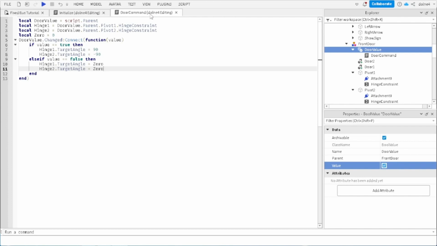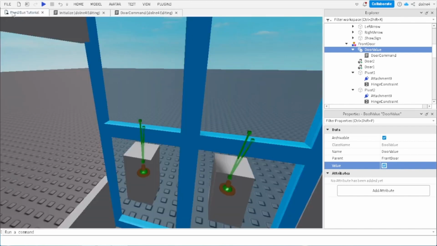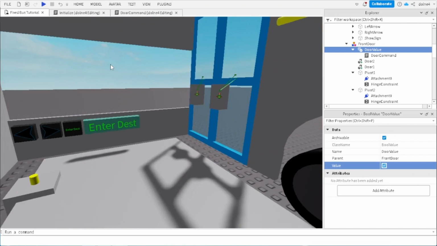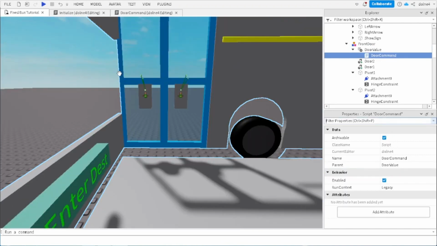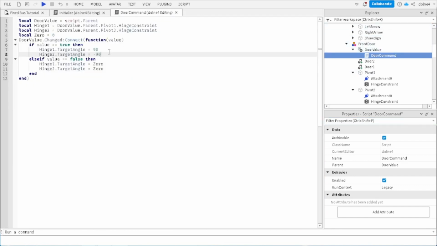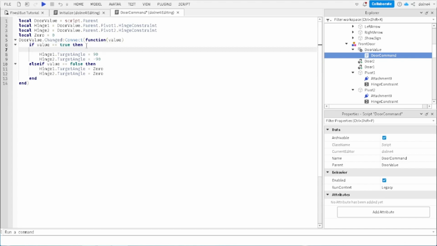So first of all, let me just think about this. So pretty much what we're going to do is we're going to go back to door command. And in here, since the doors are opening, we want to have can collide turned off for them. So to do this, what we're going to do is go to do